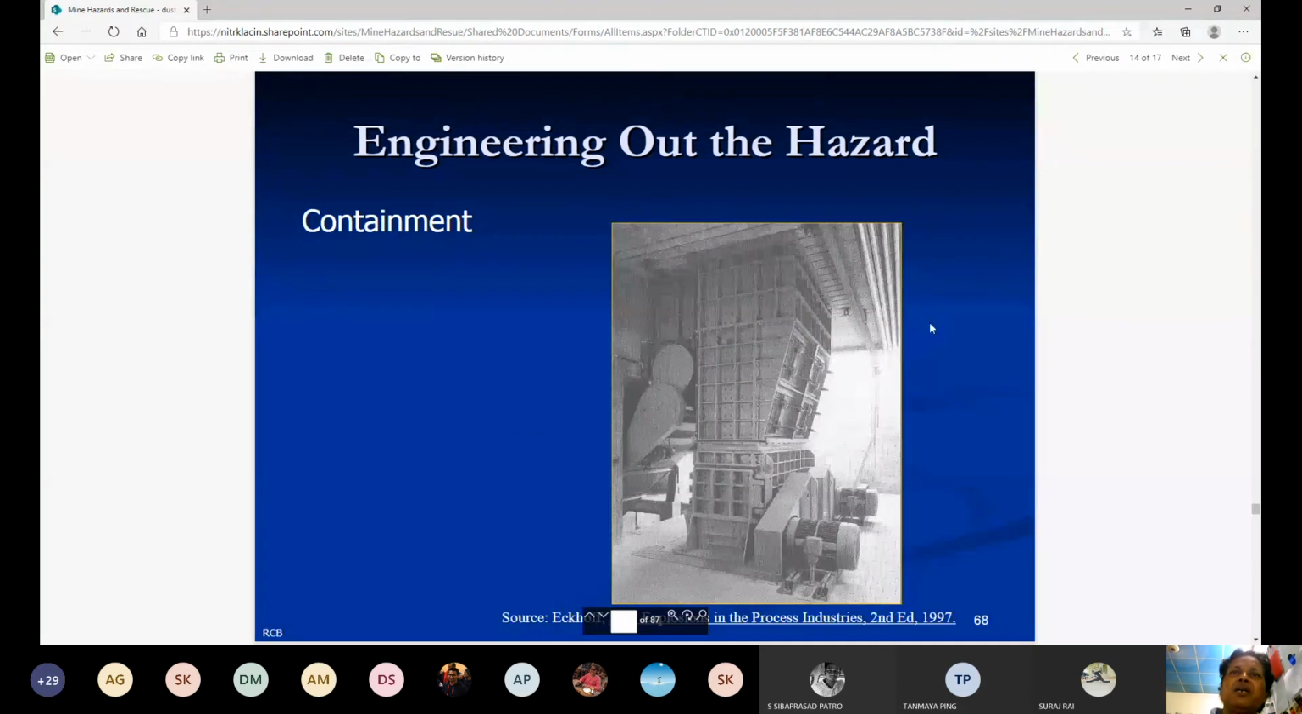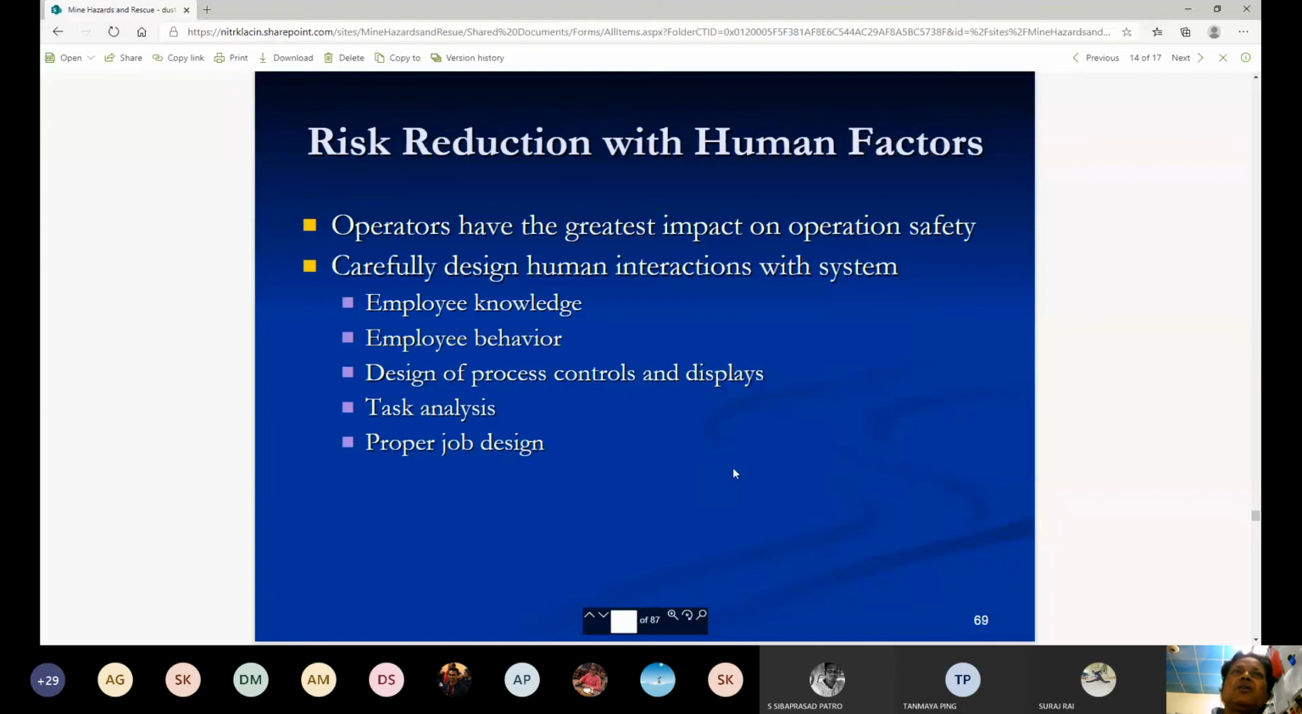And containment, area containment by toppings. Then only you can reduce the risk of human factors. Risk reduction with human factors. The operators have the greatest impact on operation safety. So the operators, the people who are working inside the mine, and they should